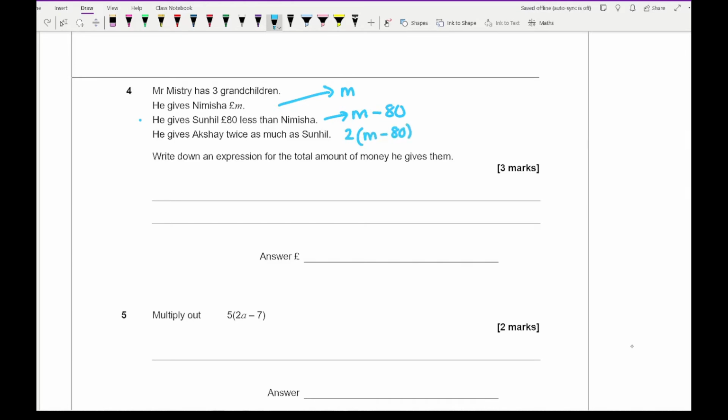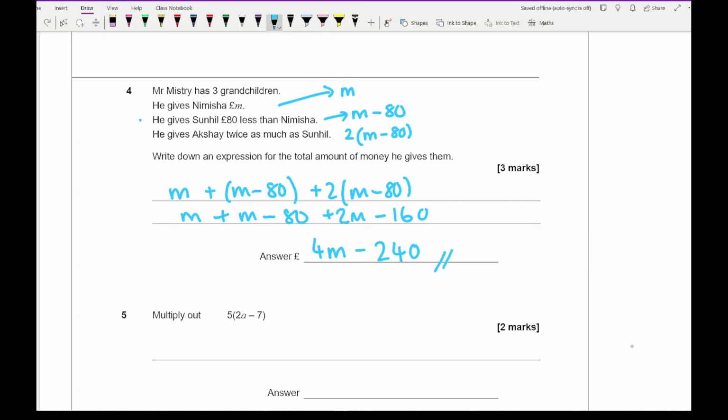Then to work out the total, I just need to add those expressions up. So I've got M plus M minus 80 plus 2 lots of M minus 80. And then just expanding the brackets. And then just collecting the like terms. So here I've got 4M. And then it's going to be minus